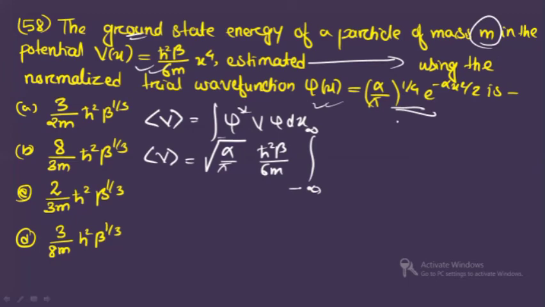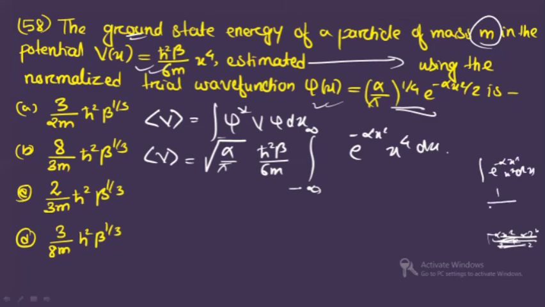All right. And here you will have what? E to the power minus alpha x square. All right. Because it is minus alpha x square by 2, so when you add minus alpha x square by 2 and minus alpha x square by 2, it will be just minus alpha x square. Clear? And here you are having x to the power 4 dx. Clear? We will use the integration formula. Integration of e to the power minus alpha x square dx, x to the power n, it was what? 1 by alpha to the power (n plus 1) by 2, and it was gamma of (n plus 1) by 2. So this is the formula that we will be using here.